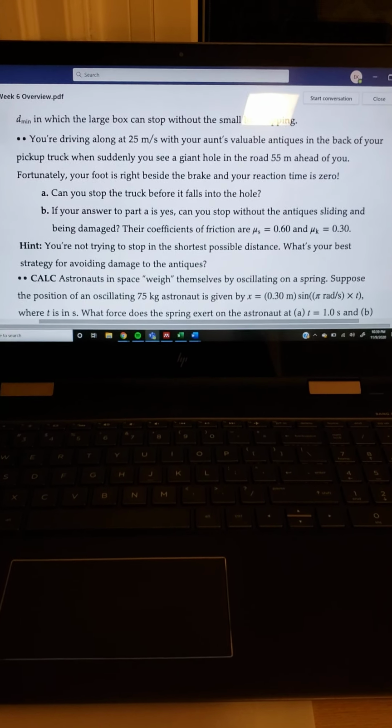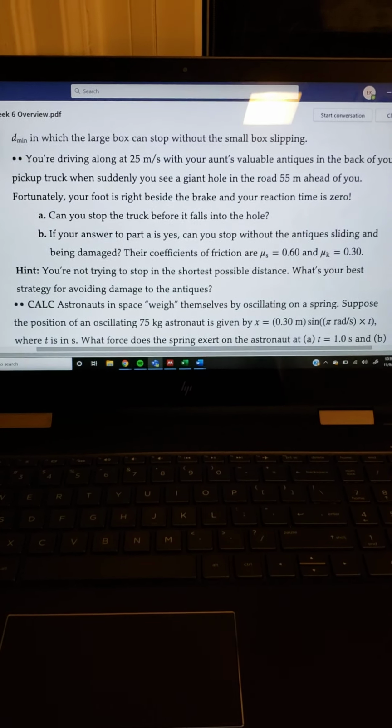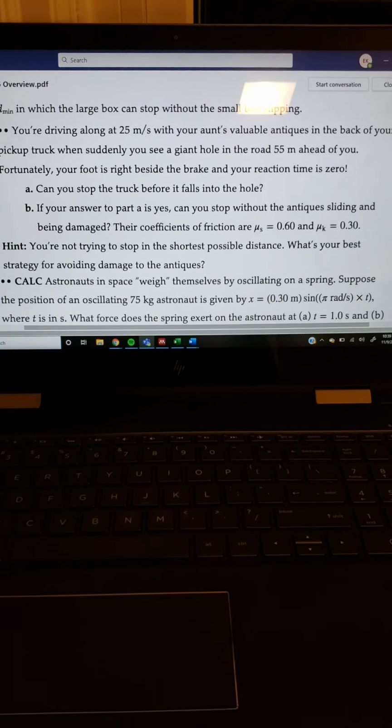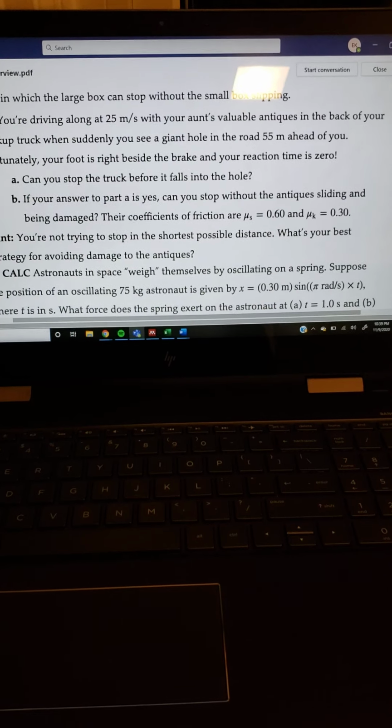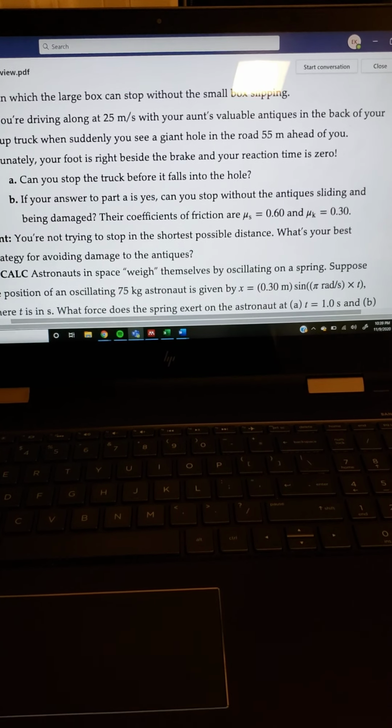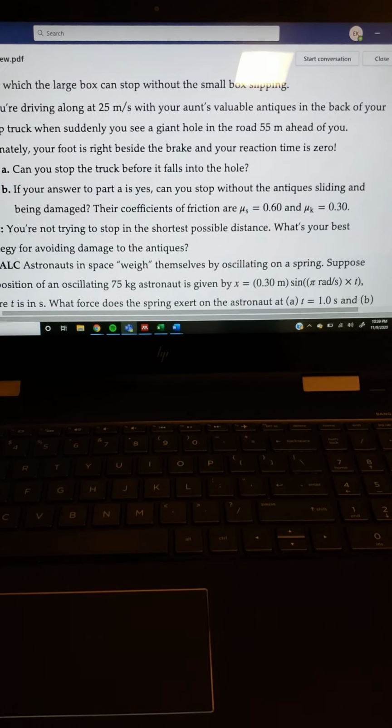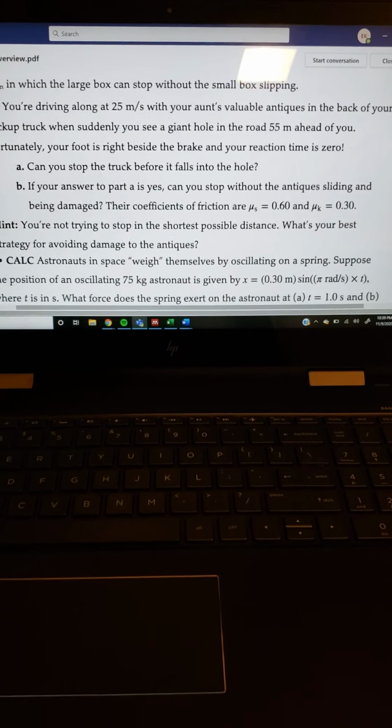And for B, they want to know if the answer to part A is yes, can we stop without the antique sliding and being damaged? They have given us the coefficients of friction for static friction, and that's 0.6, and for kinetic friction, it's 0.3. So,